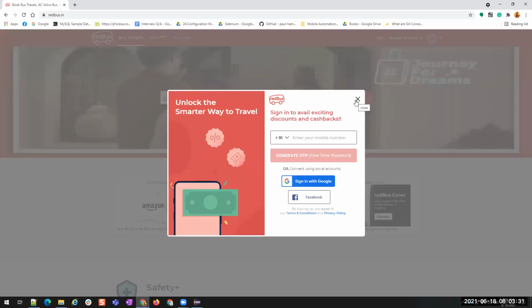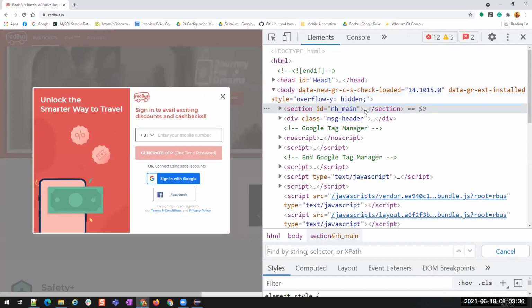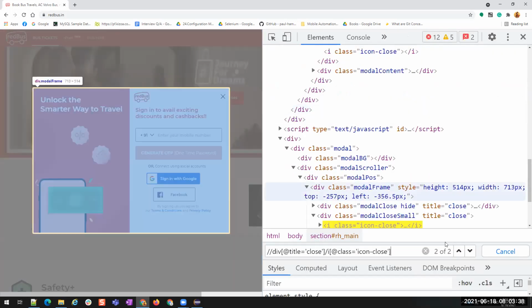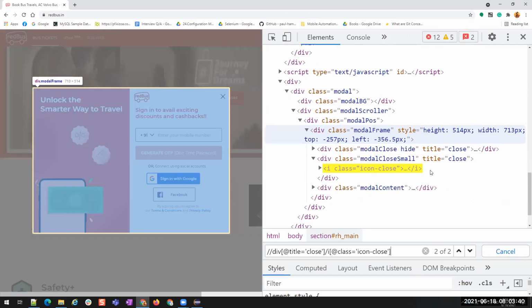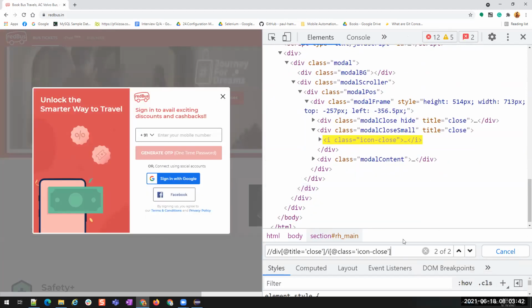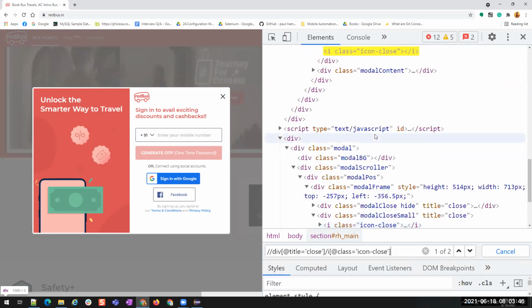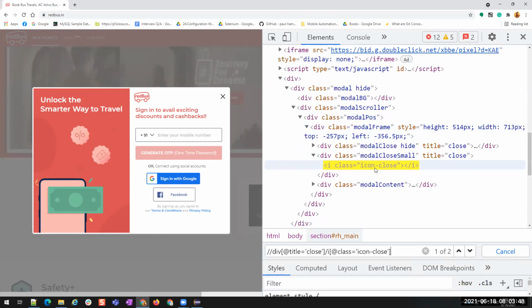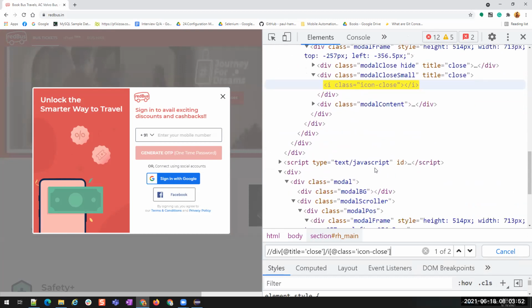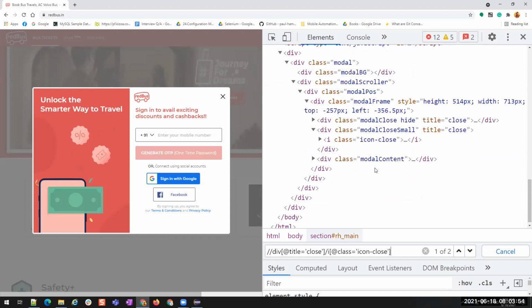okay, I open it for the second time. Now let's go there. Control F. You see how many are there now? 2, right? The second one is ours. The first one is also the same, but this is not ours. This is hidden. Okay. You understood the concept? You understood the logic, what's happening here?